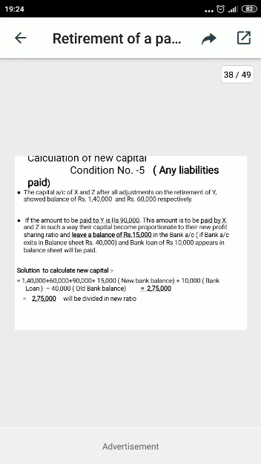But the new condition is here. That means the bank loan is 10,000 here. It means it is also a requirement to pay. So then again the 40,000 will also be added here to calculate the new capitals. So it means when the new cash balance is added, only then the old balance is deducted. Otherwise, if it is not taken into account, the old and new can be ignored. So all these items are used to calculate the new capitals, and then the new capitals will be divided in the new ratio. I have given you 5 examples only to show how to calculate the new capital, because it creates problems for the students.